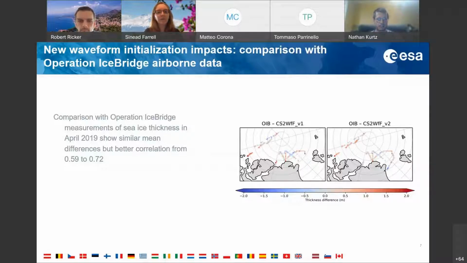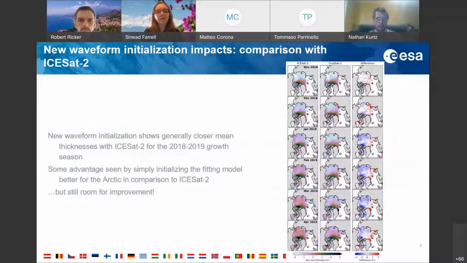The means in this approach were similar, pretty close to IceBridge. I think they were within about 20 centimeters, but the correlation did improve in this experiment. But looking a bit more broadly, we tried to compare this with IceSat-2. So feeding IceSat-2 with the same Nososum snow depth and density data, and then the IceSat-2 freeboard, and getting sea ice thickness that way, putting those into the CryoSat-2 solution again, and then looking at the differences over the 2018